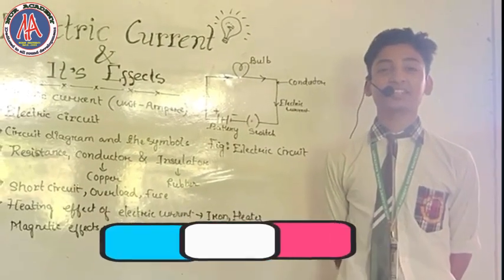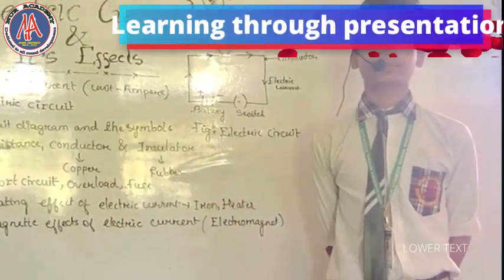I am explaining about the magnetic effect of electric current. When electric current is passed through a conducting wire, it behaves like a magnet. In other words, the